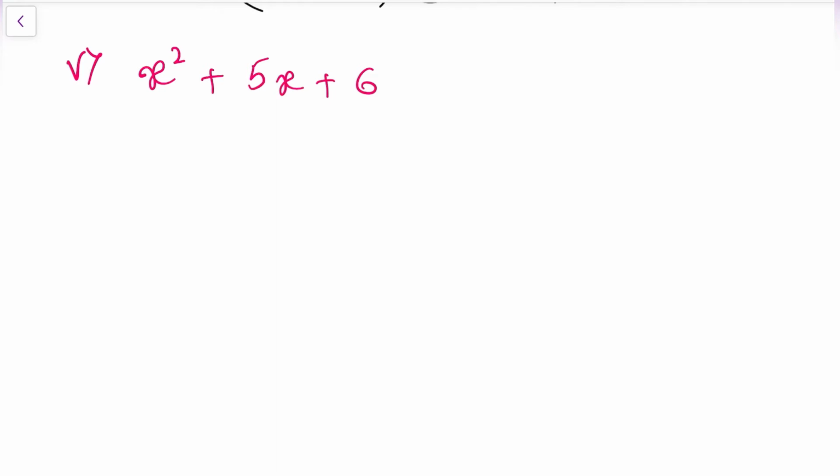So for that, take the constant; here the constant is 6. Multiply that constant with the x² coefficient. Here before x² nothing is there, means 1. So 6 ones are 6. Now 6 will come in which tables, write all those. 1 6s are 6, 2 3s are 6. Again in reverse, 3 2s are 6, 6 ones are 6. So only 2 pairs are possible.